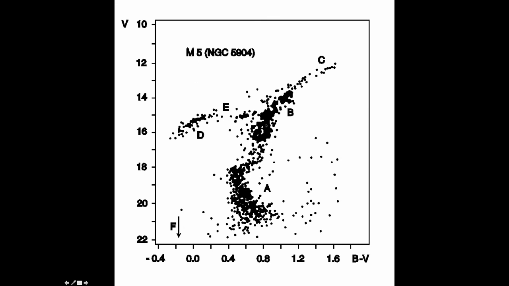it has quite a different appearance. The main sequence is very short indeed. Okay, this is the main sequence line here, and we've only got the low luminosity, low temperature end remaining. All of these stars up here have evolved off of the main sequence and are now doing something else, something that we'll talk about in a week or two's time. So the main sequence turnoff is around here, and we can use that to calculate the age of the cluster